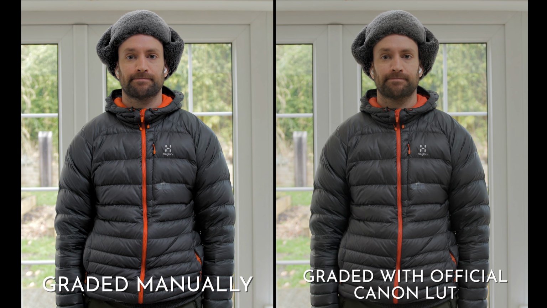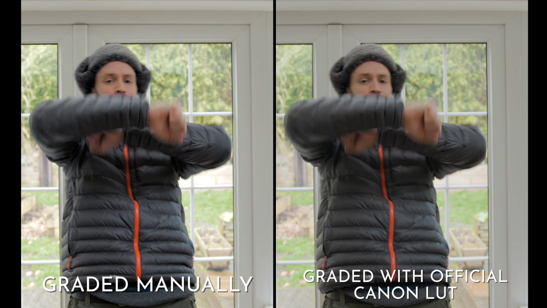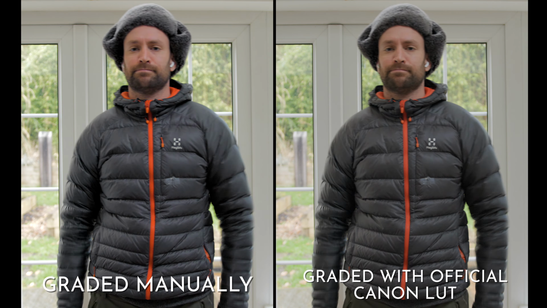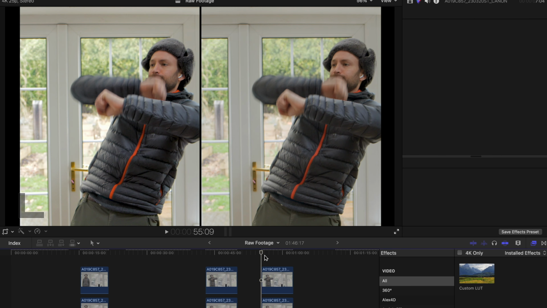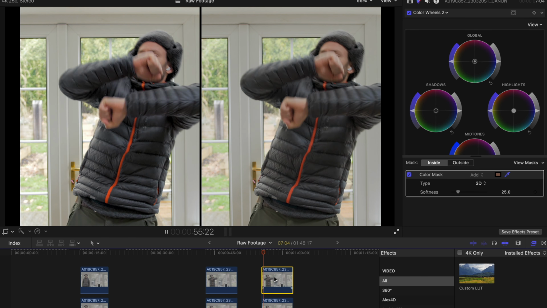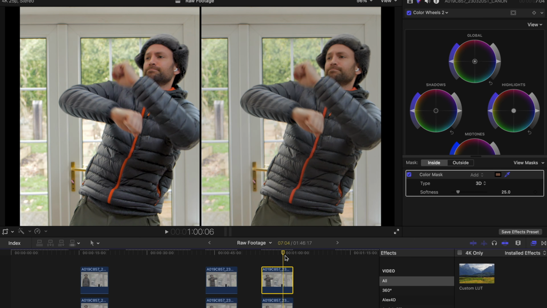Simple, but it's an extra step that you need to take in order, and now I actually prefer this image. So yeah, a little bit of extra work to make the raw from scratch file look a bit better, look as good as the LUT file, but now it actually looks better. So that is something to bear in mind. Just takes a little bit extra work, but you can actually make it look much nicer if you go from scratch. And if you actually look at the jacket,